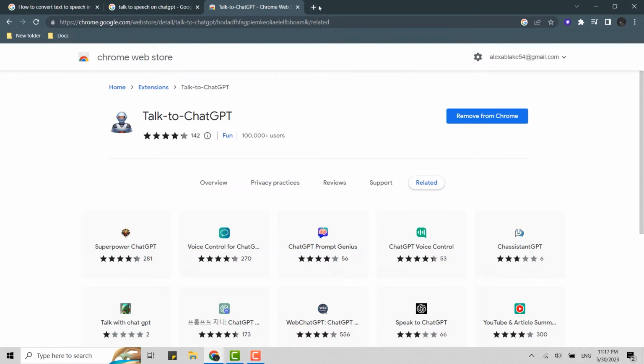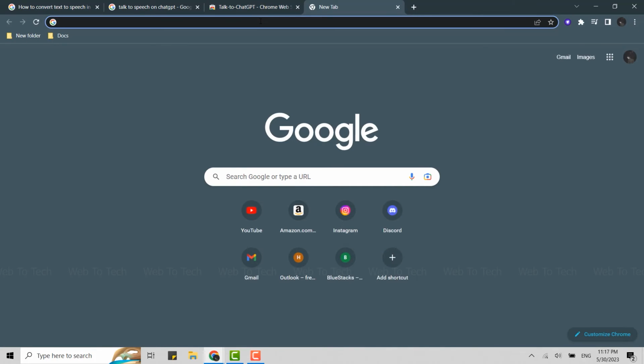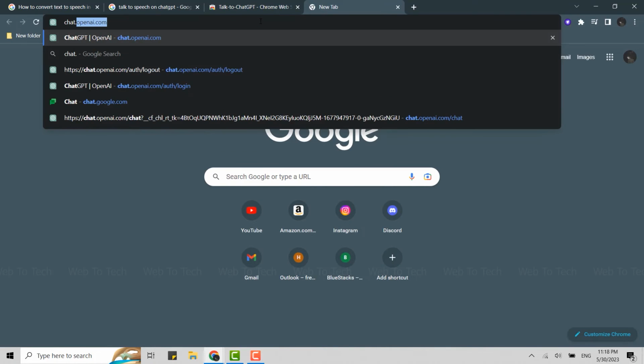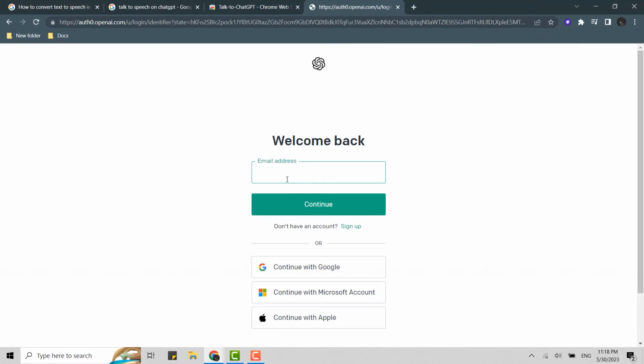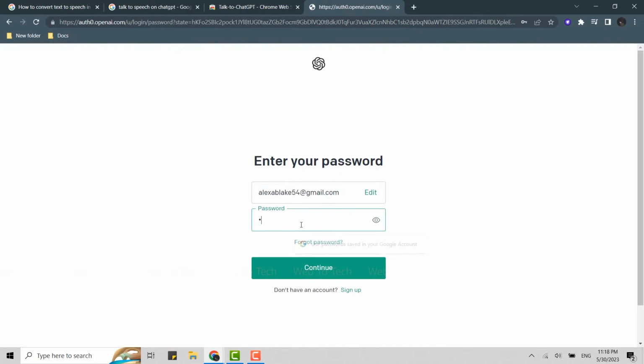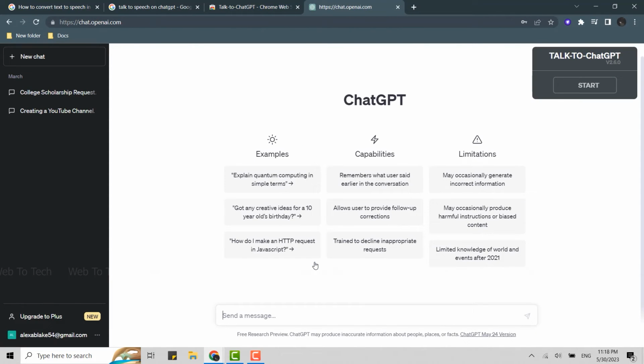So click open a new tab and open ChatGPT, that is chat.openai.com, and press enter. You need to get logged into the account. Type in your details over here. Click on continue. Type in the password. Click on continue. Now once you are logged in, you will see on the top right hand corner over here